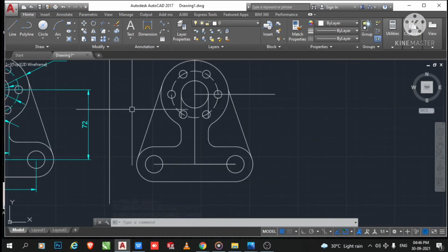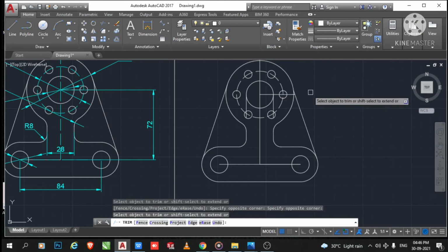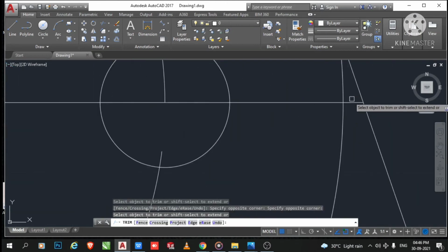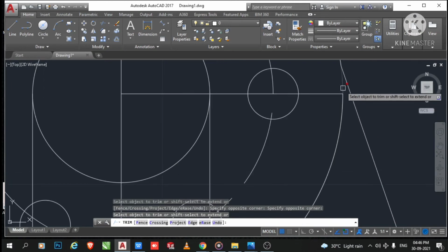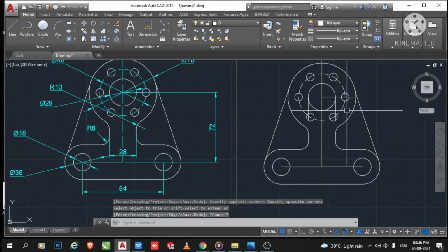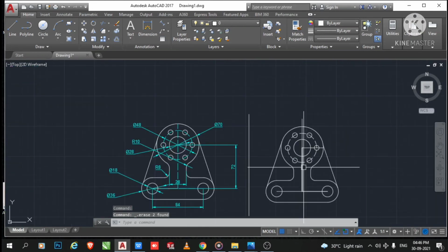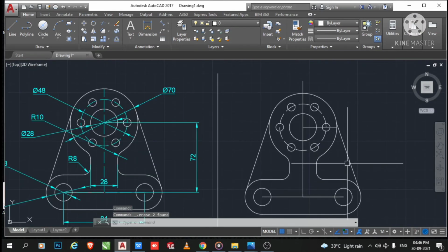So again we apply this dimension to this sketch. So here we trim, so here we apply the dimension to this sketch.